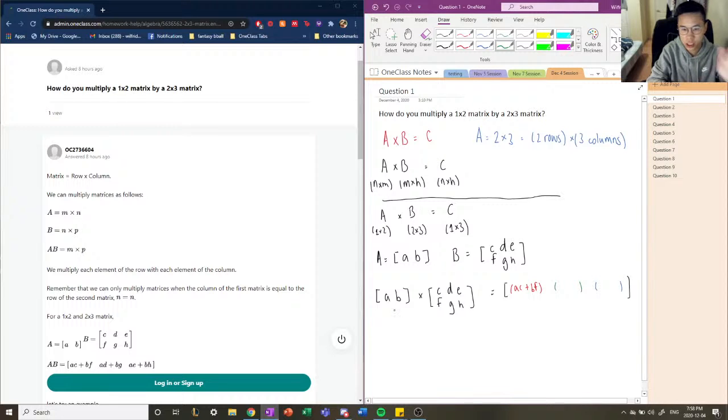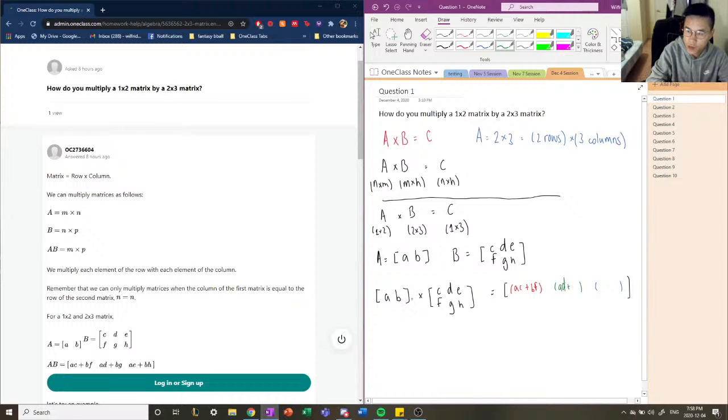And the position of the columns or the rows is determined by where you are in this resultant matrix. Okay, so we're going to take the first value of our first row in our first matrix, which is A, times the first value of our second column in our second matrix, B. Right? So that's A times D